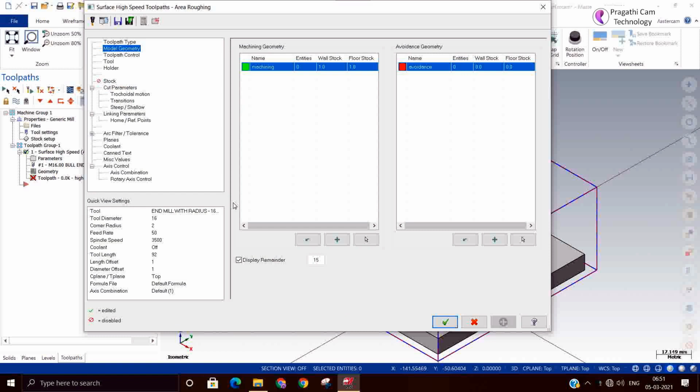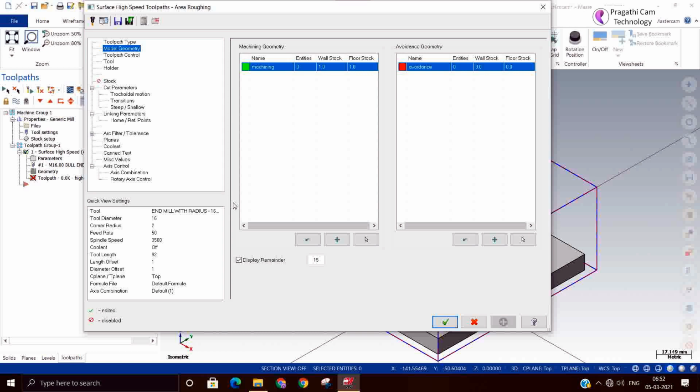The difference between the OptiRough and this area rough is that it will take care of first pass entry and exit, and when there is a sharp corner the transition will be smooth.